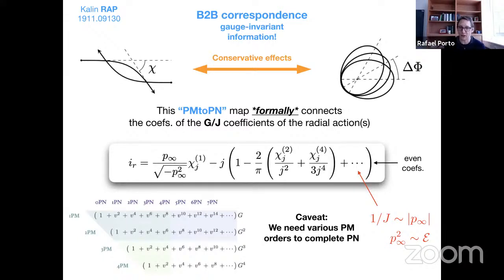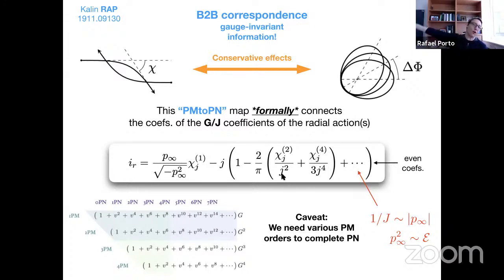So we did an analytic continuation. What's happening here is that both radial actions admit this post-Minkowskian expansion. They are both expansions in G Newton. That's what is hidden in this little j, which is the angular momentum divided by G M mu. And therefore, this expansion in G Newton is linked to an expansion in 1 over the angular momentum. Let's stick to the non-spinning case here, so it's the orbital angular momentum. So we can analytically continue to very large